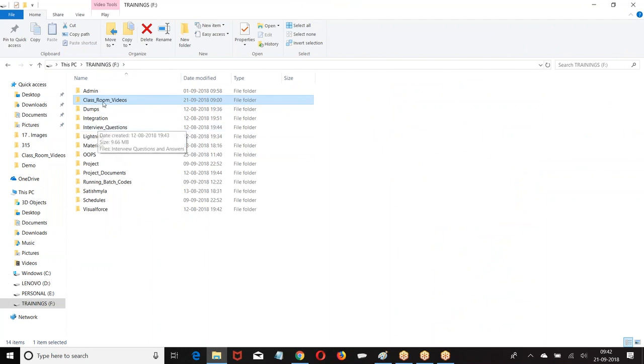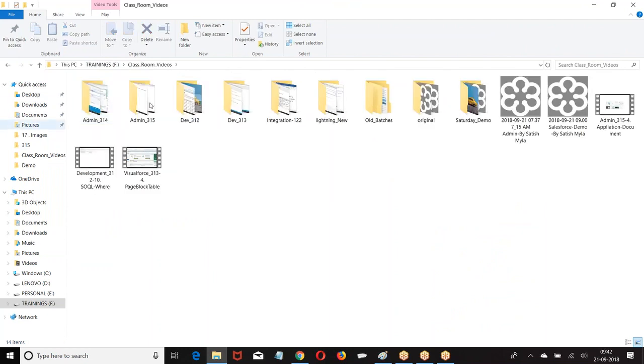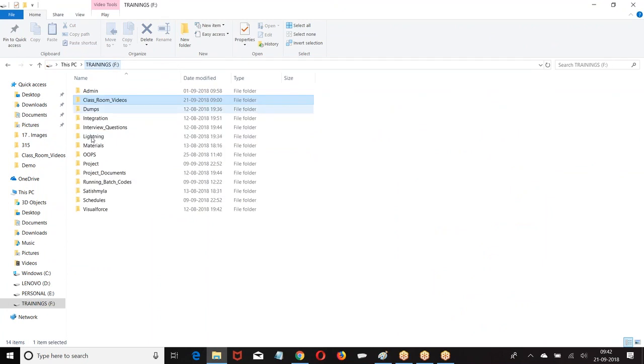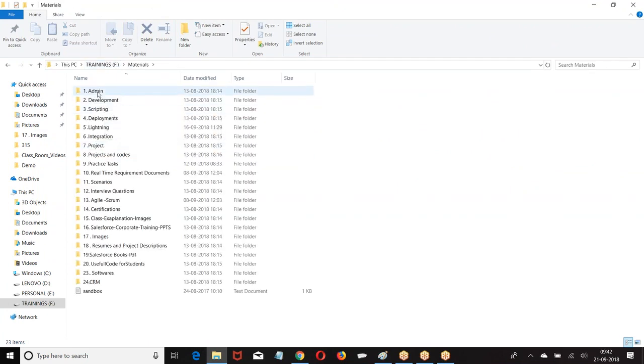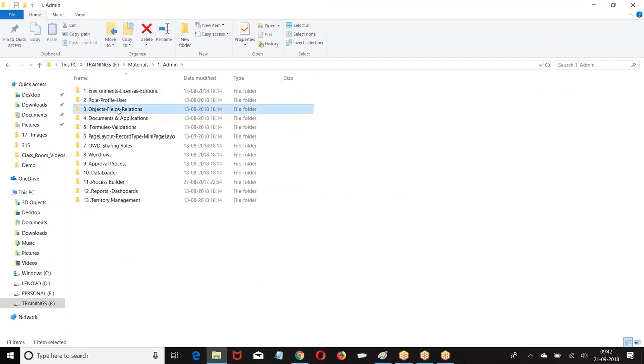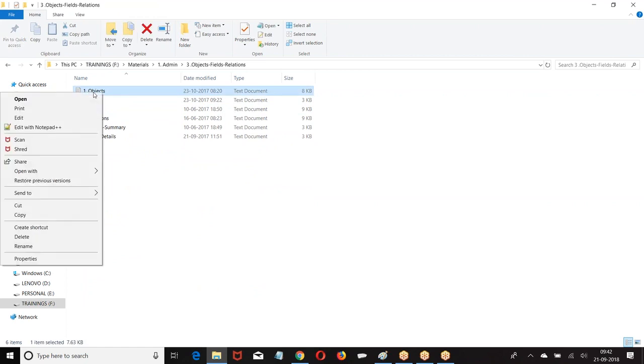Online people, someone has typed a message. What is your query? Sir, when we create an object in Lightning mode, is it considered an enterprise object or a Lightning object? See, whether you create the object in Lightning or Classic doesn't matter. The question is whether you enabled the options or not. From Lightning also we can create an enterprise application object, and from Classic also we can create a Lightning application object. So if you create the object in Classic, is it a Classic object? No. If you create it in Lightning, is it a Lightning object? No.